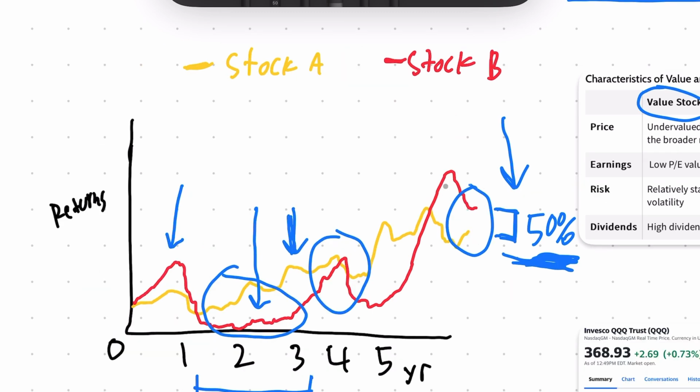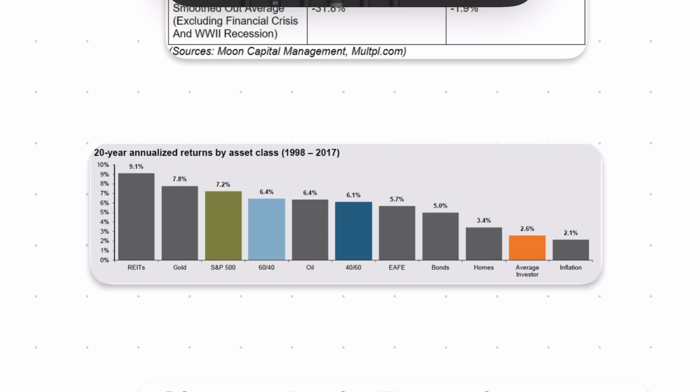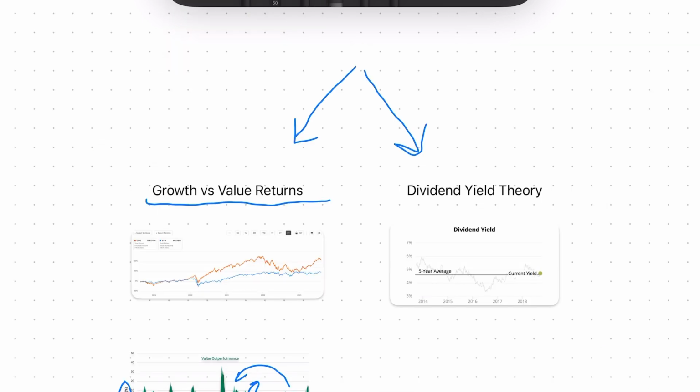And not to mention, market timing is much more impactful with these high volatility names. You often have to buy these growth stocks while they're in a period of underperformance, which is the exact opposite of when most people buy them. And I think that's easily a leading indicator of why the average investor has such poor returns over time, even compared against basic benchmarks like the S&P 500. Okay, so that's mistake number one.